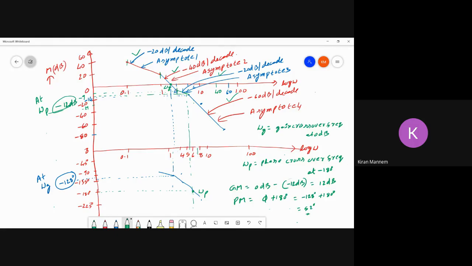So these are the factors. So this is your phase margin, PM, 52 degrees, the difference. The gain margin would be